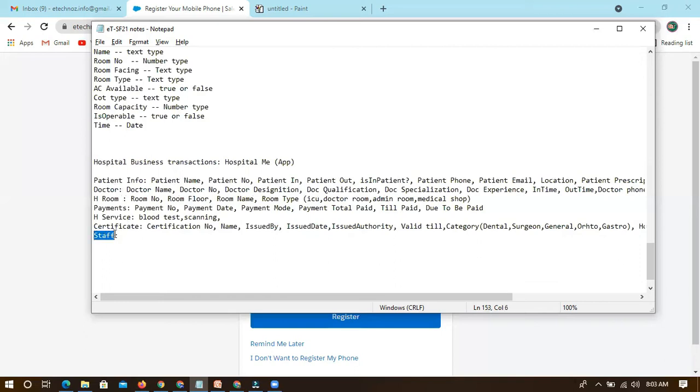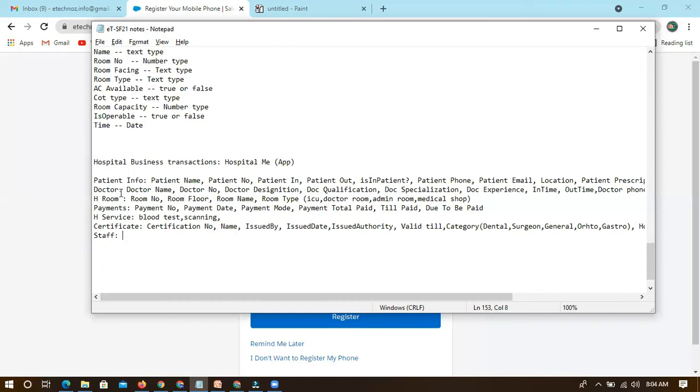And we also need to identify staff, as this is also needed. We can give staff name, staff age, staff phone number, staff email for communication, and staff availability, when they will be available. Likewise, we can identify that transaction, and based on that we can create one S object.